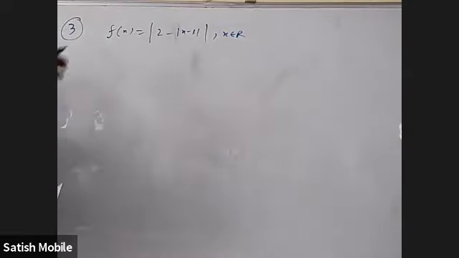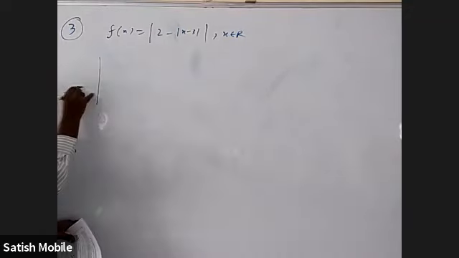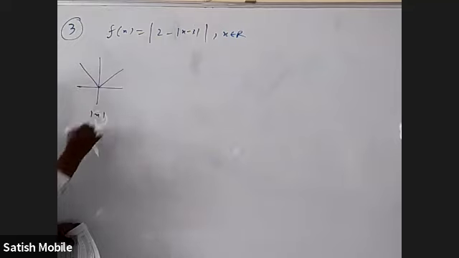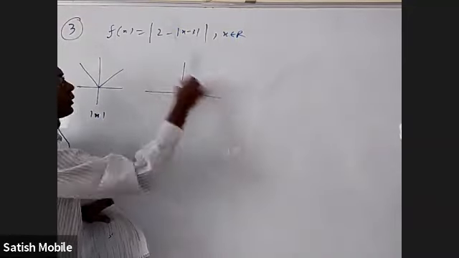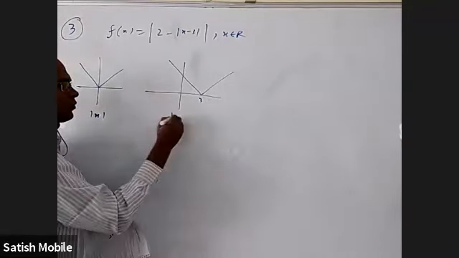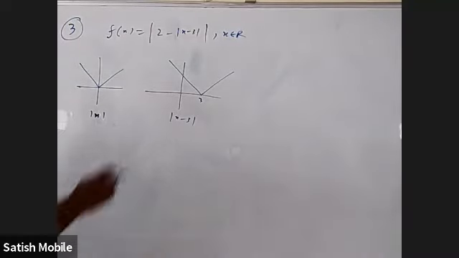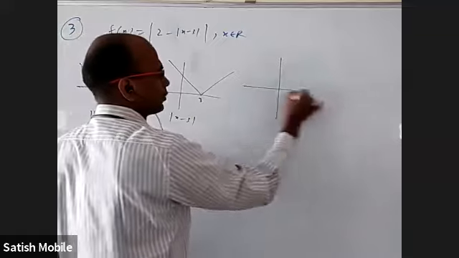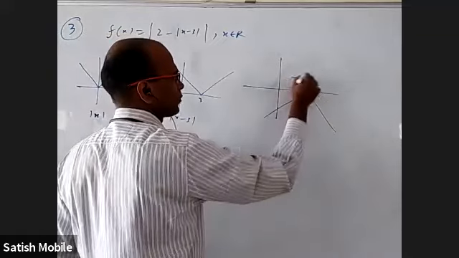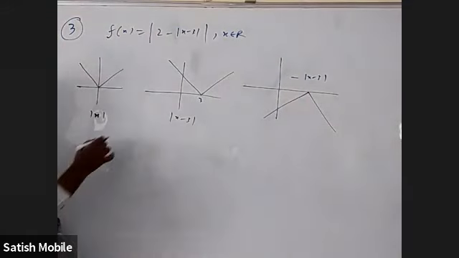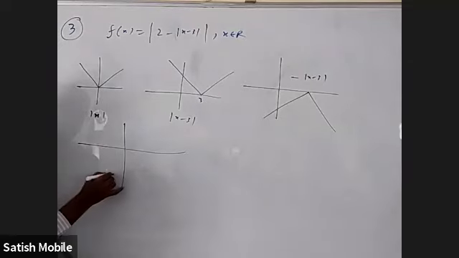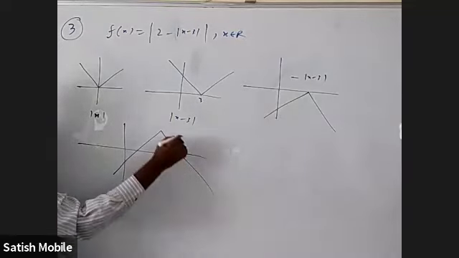Now I can write all the cases, but this one with the graph is much better. Let us see how to draw the graph of this. This is the graph of mod x. Mod x minus 3 means move towards the right by 3 units. This is 3. This is the graph of mod x minus 3. Minus mod x minus 3 means the mirror image of that with respect to the x-axis. So this is the graph of minus mod x minus 3. When you want to add 2, you have to move upward by 2 units. This is the graph of 2 minus mod x minus 3.